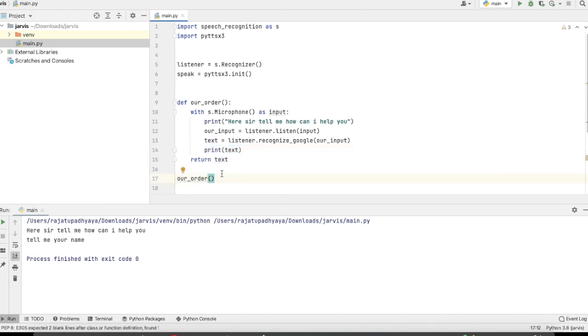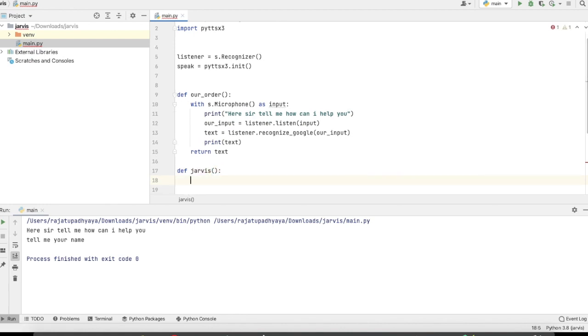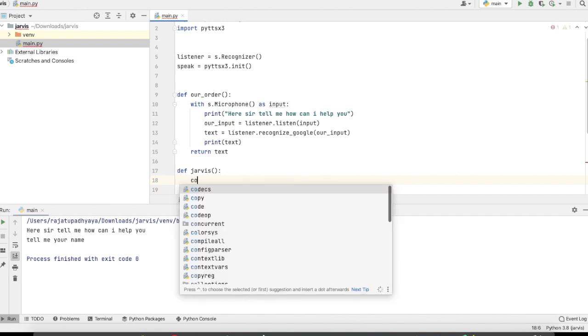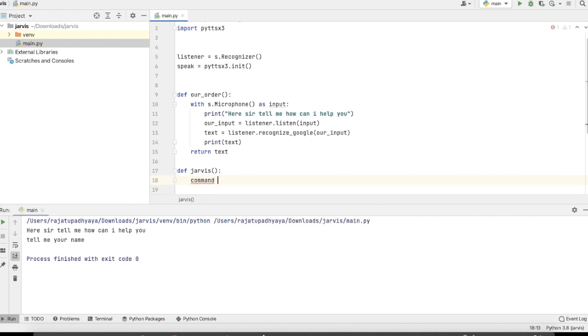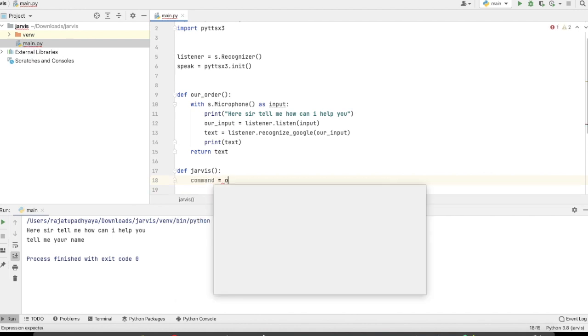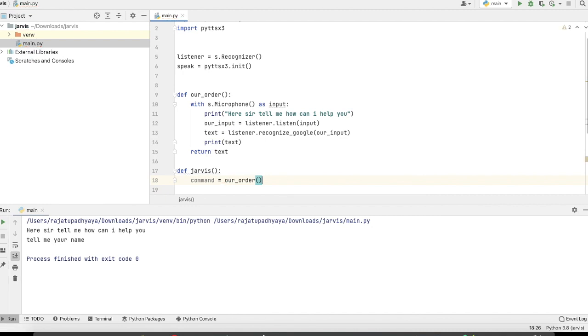Now we will just create the function, so according to our command, it will respond. I am creating one function called Jarvis, and here we are going to create one variable, like command, and pass our order.